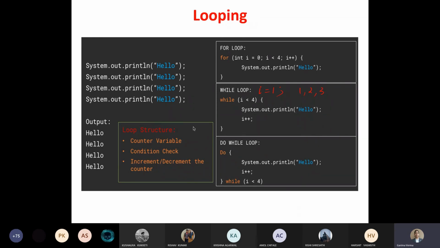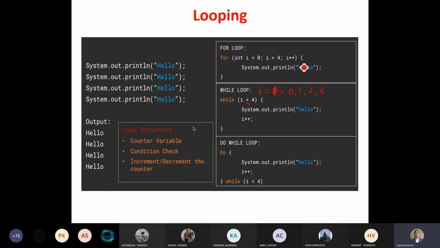I wish to print 4 times. क्या करूँ मैं? Either you start I with 0. Will it work? So it will print for 0, it will print for 1, 2 and 3. So 4 times आपका hello print हो गया. आपको जो logic ठीक लगे, you start I with 1 and apply the condition less than equals to 4, or start with 0; 4 times hello will be printed.